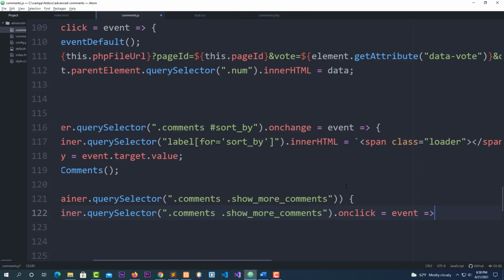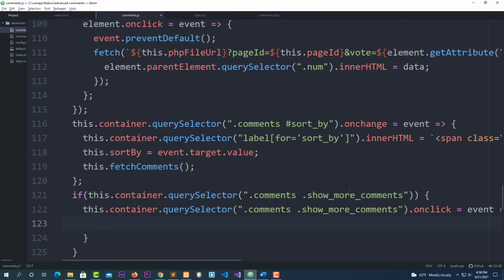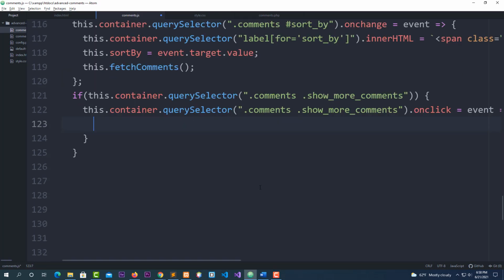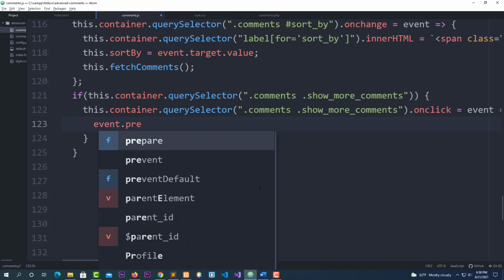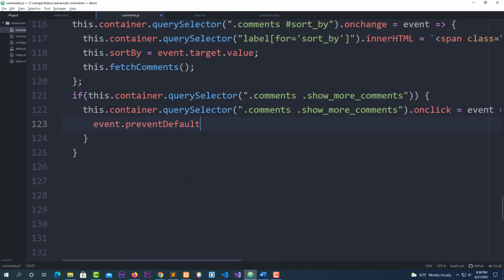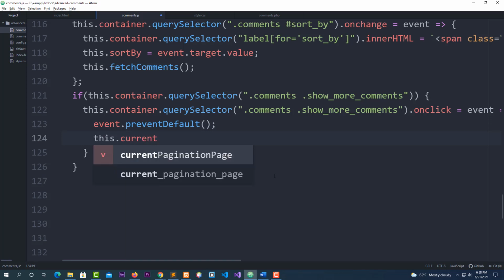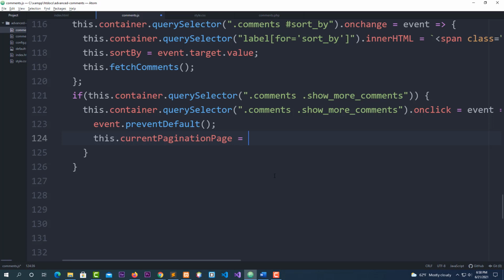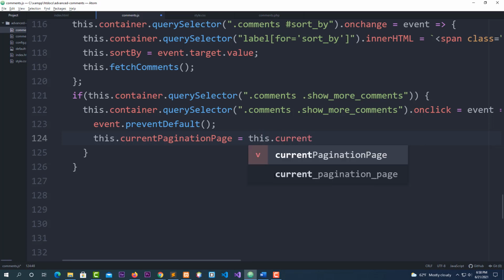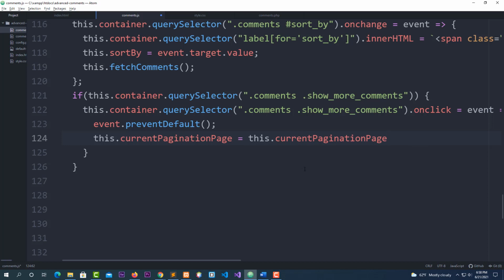Oops. Put a bracket. Okay. Now I'm going to say event dot preventDefault. Okay. Semicolon. And this dot current page. Yeah, current presentation page equal space this dot current. Yes. Okay. Space plus sign